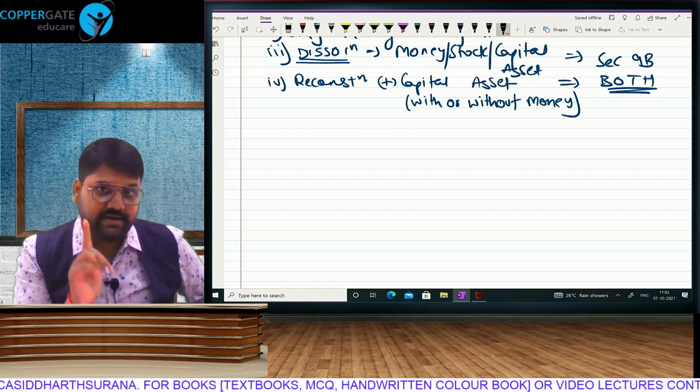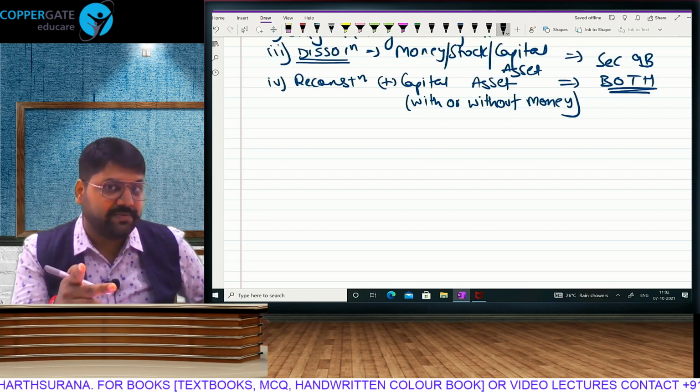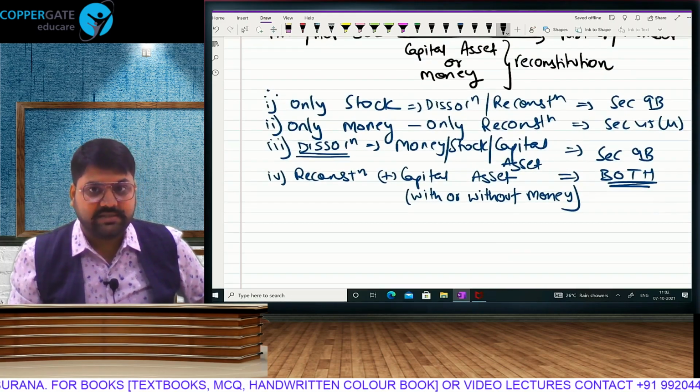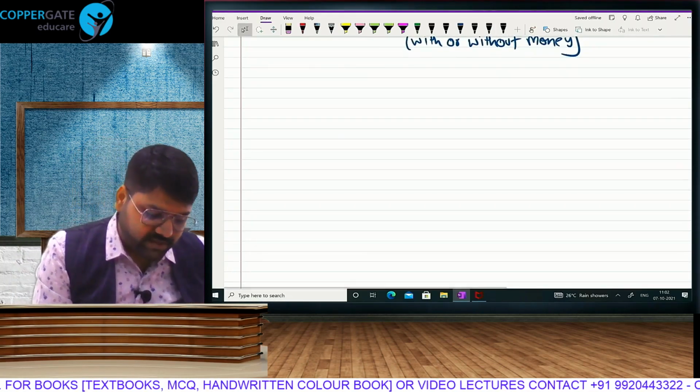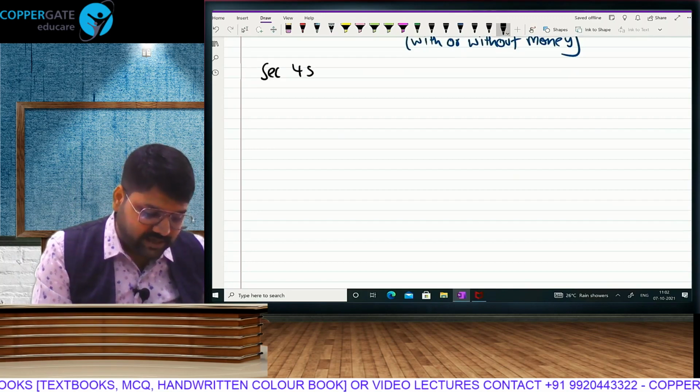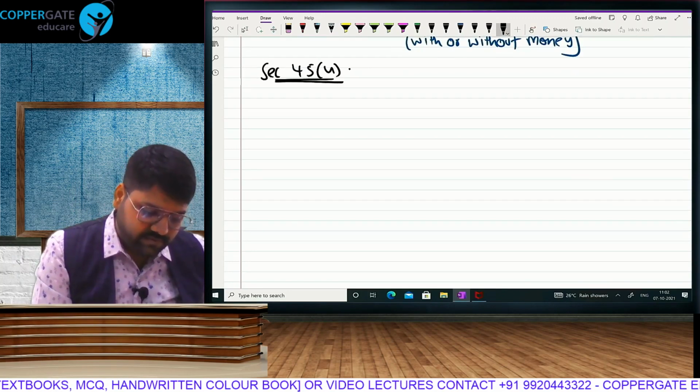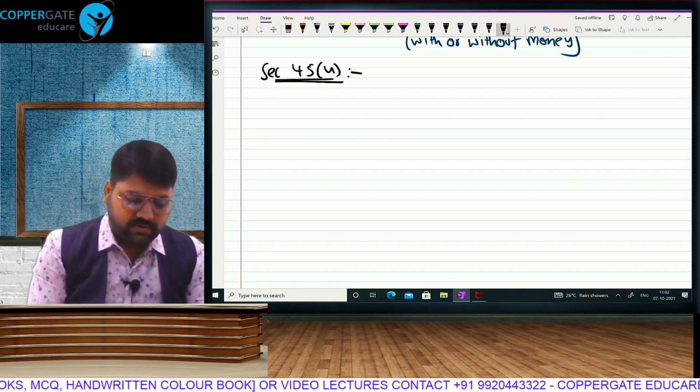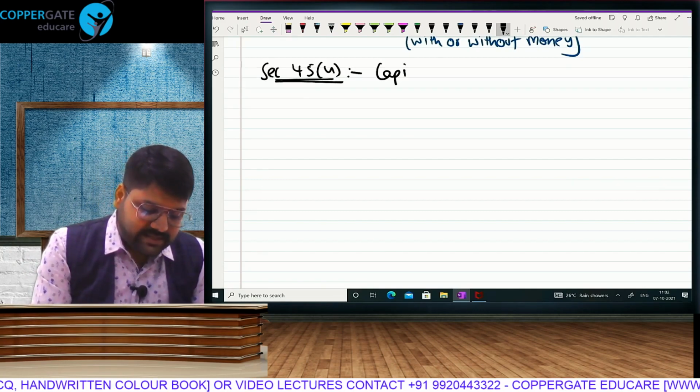45(4). Are we 100% clear of which section will apply when? We have referred to all the conditions. Chalo, so let's first learn the calculation prescribed in 45(4). What is 45(4)? Capital asset